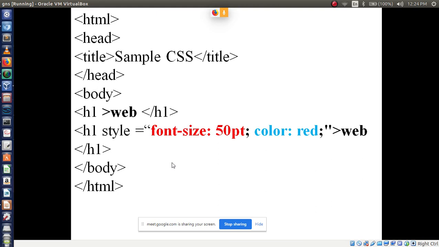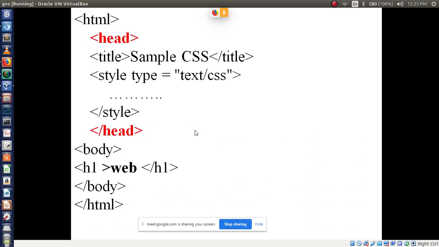You are applying the style inside the tag, right? I am telling you 100 times. You are applying the styles on the same tag. That is called inline. The tag name is what here? H1. Right? Here you are applying to H1 style equal to font size 50 and color red. Then you are displaying web here. So it is called the inline style sheet.